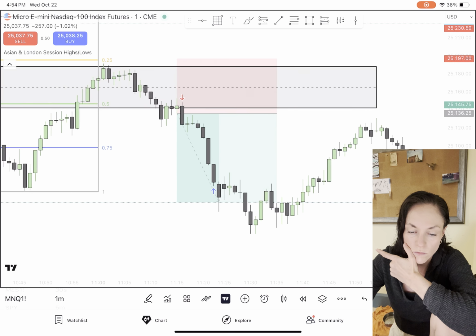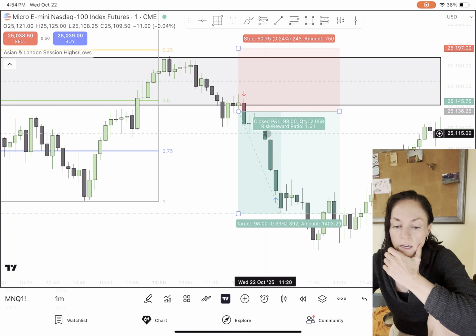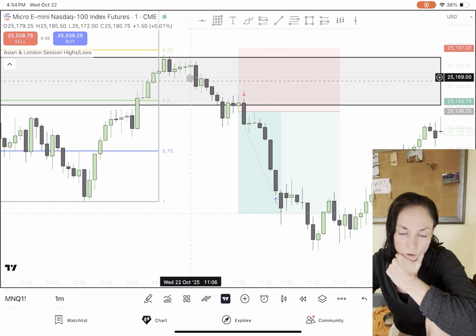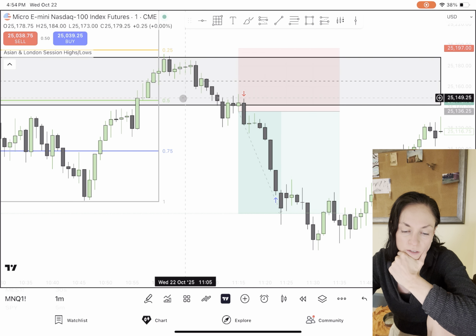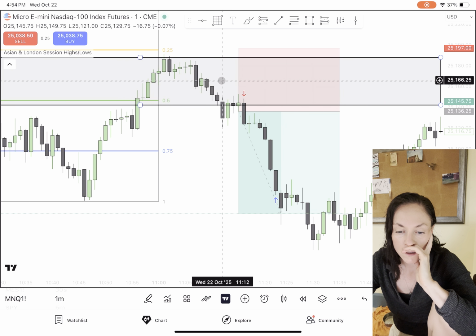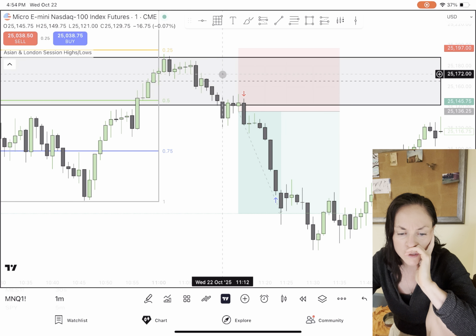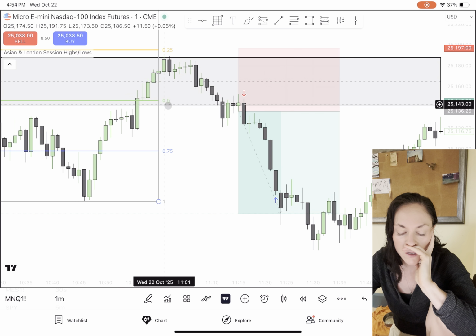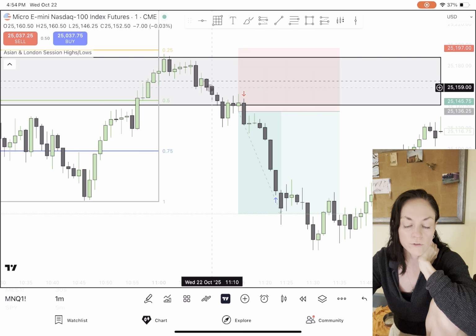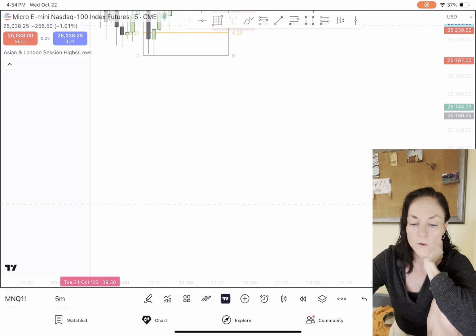which I think you can use sometimes, but not all the time. And we had broken structure back down to the downside on the 1 minute, so that was another confluence. As well as there were a couple fair value gaps. Where was it? Right here. No, forget I just said that. So for the 1 minute, the only thing that I really took from that was that we broke structure back to the downside from the upside. Okay, and